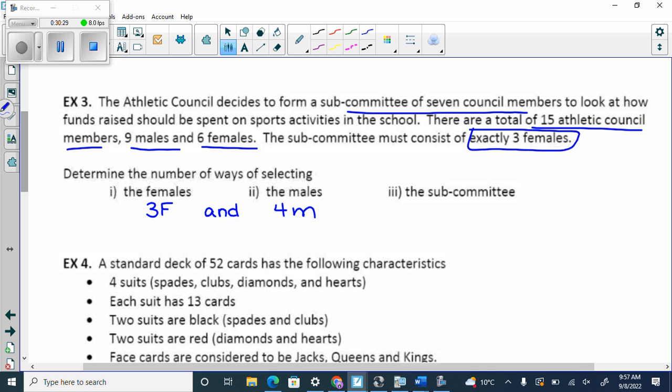How do I guarantee getting a female? Choosing from the females. How many females are there? 6. And I choose 3. How many males are there? 9. And I choose 4. Do I multiply or add